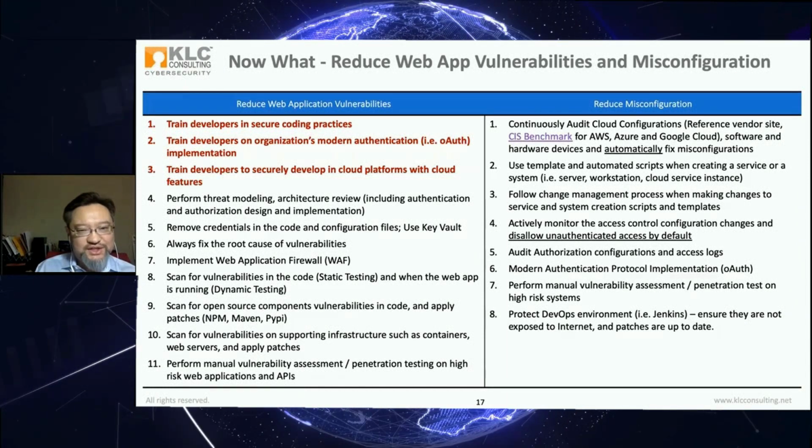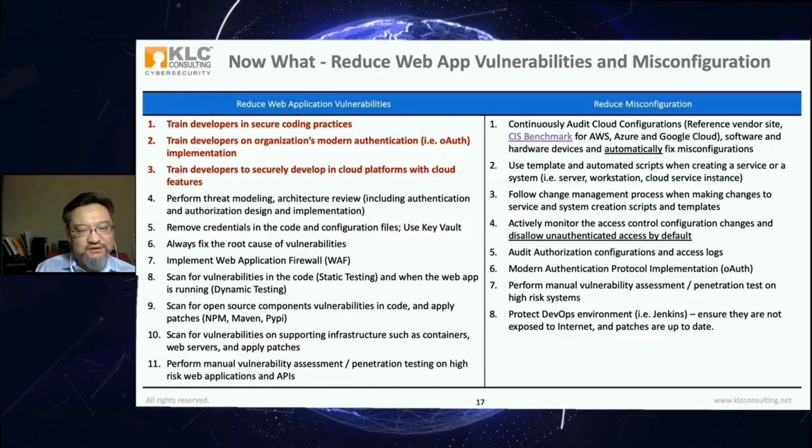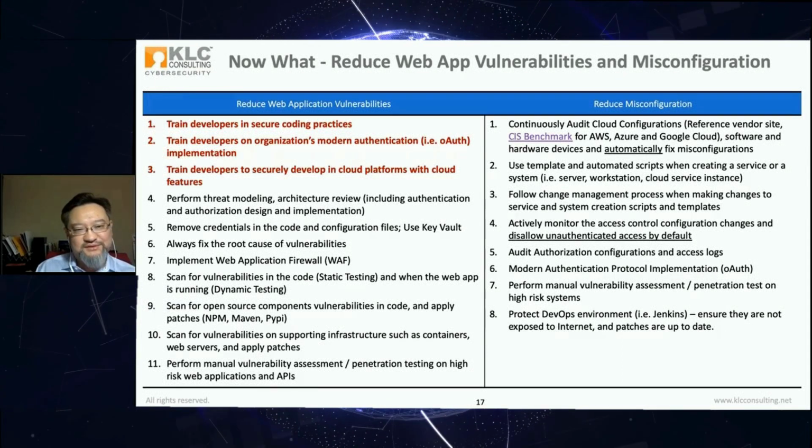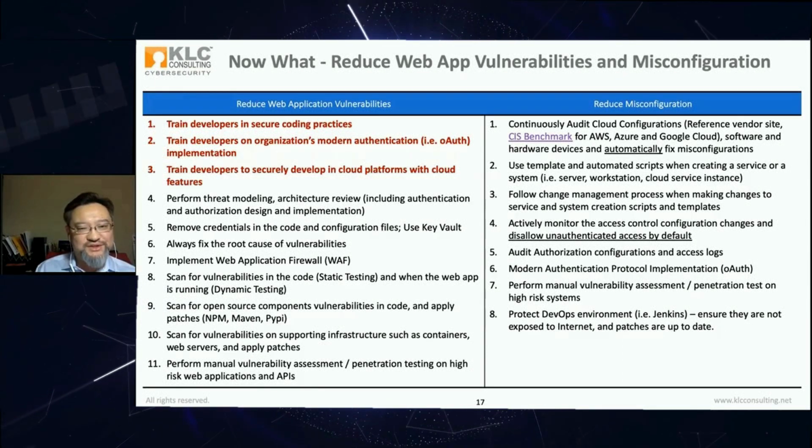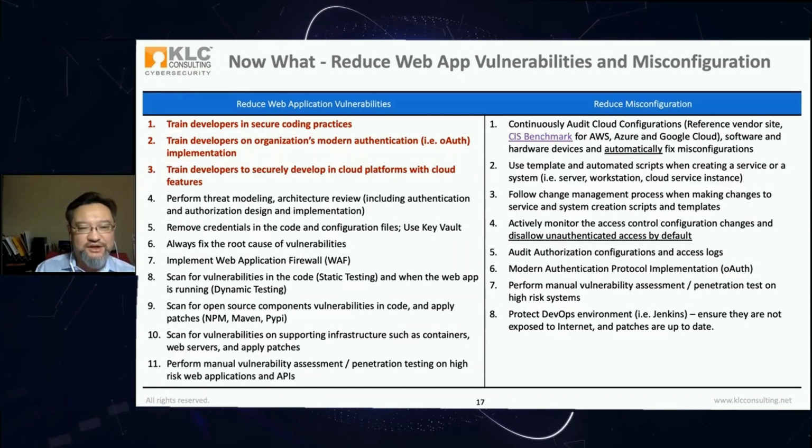And make sure that Jenkins is not exposed on the internet. I know it's really obvious, right? Why would you actually want to put Jenkins onto the internet? But there are mistakes being made. If you actually go out to the internet, you will probably find some Jenkins instances that are on the internet, which you want to make sure you don't make available. Okay, that's pretty much the end of my presentation here.